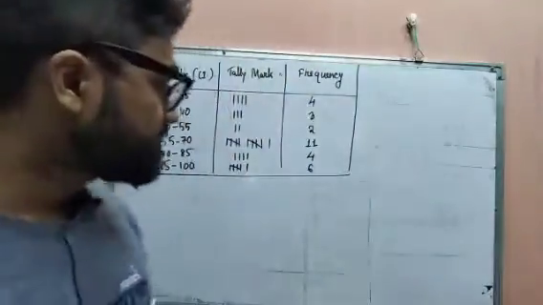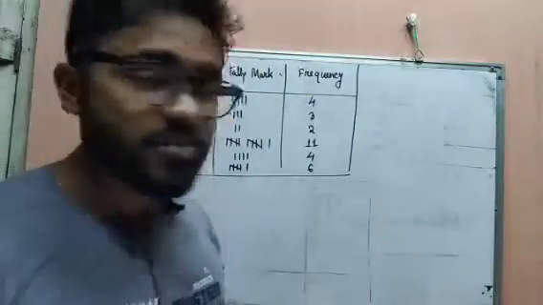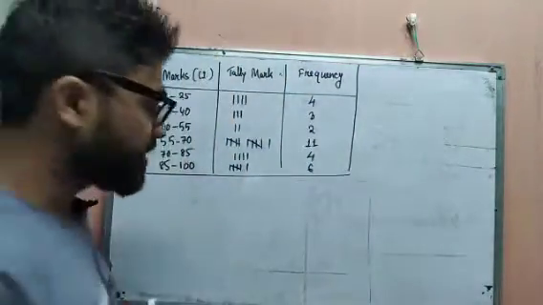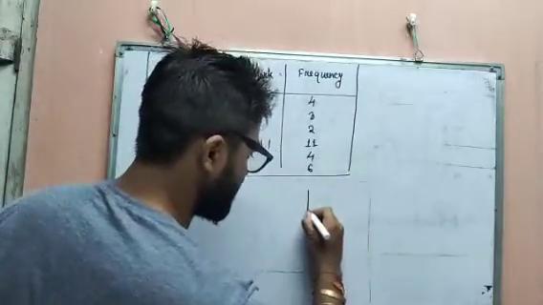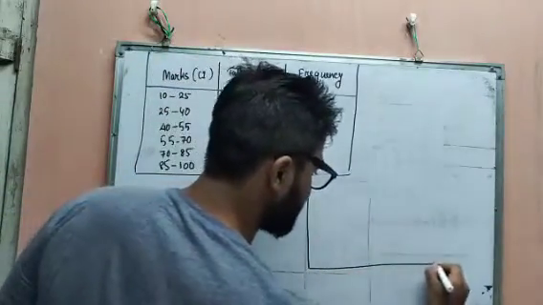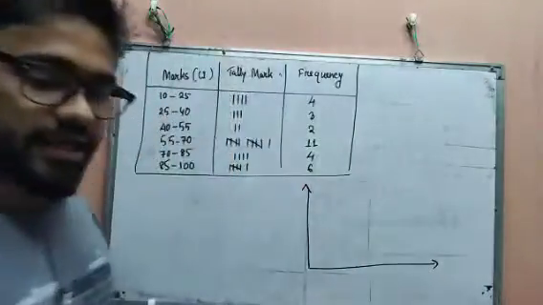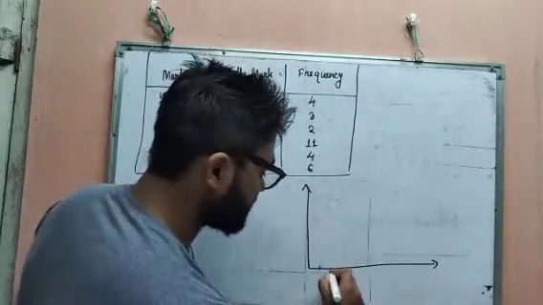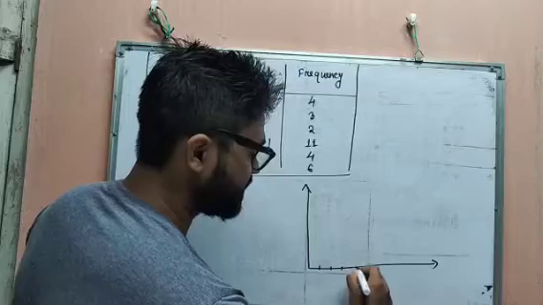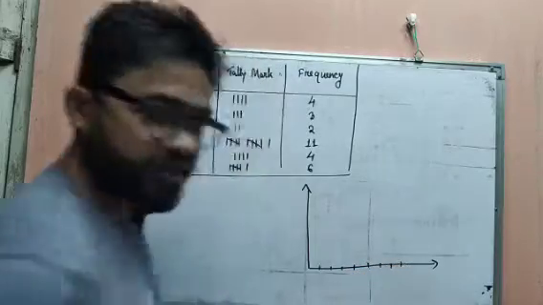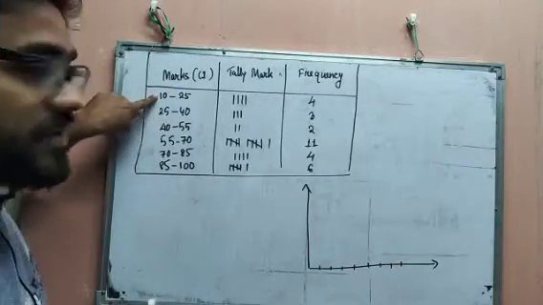Okay, for that I am not using scale here, but you have to use the scale there. So for that we have to draw a graph like that, with equal intervals. Suppose 1 centimeter interval, you have to give a point like that. Then you have to write only the limit.